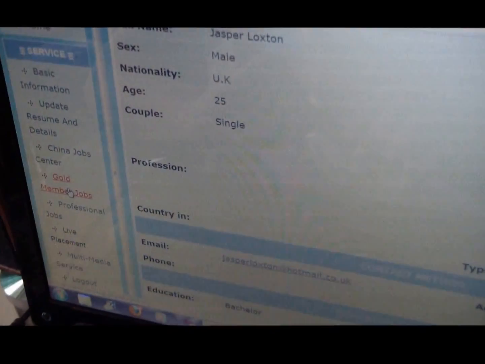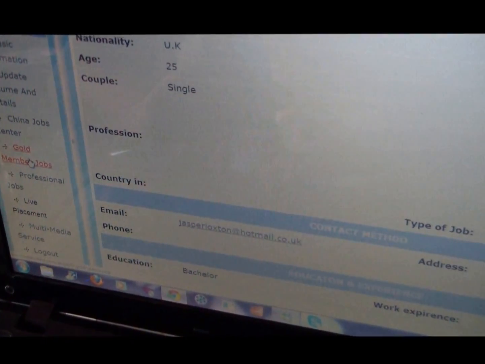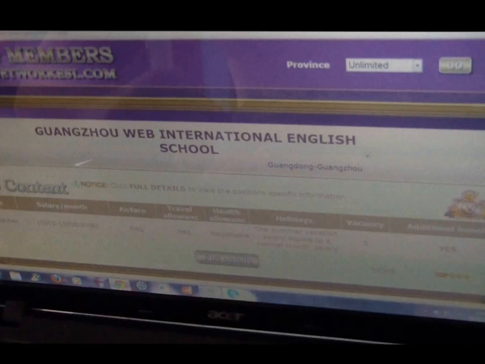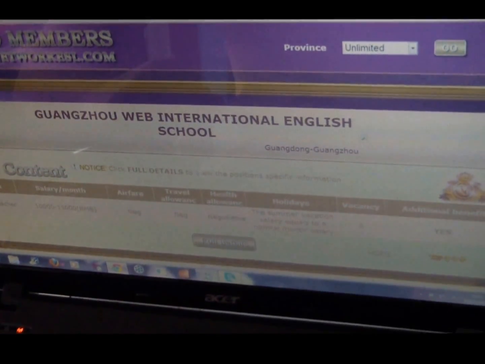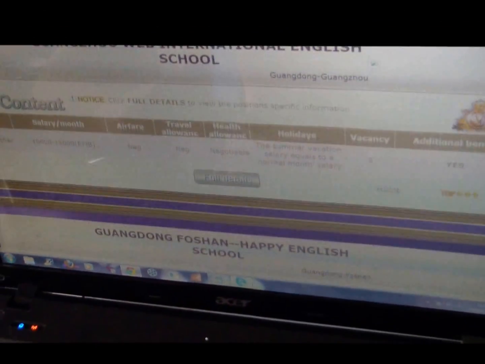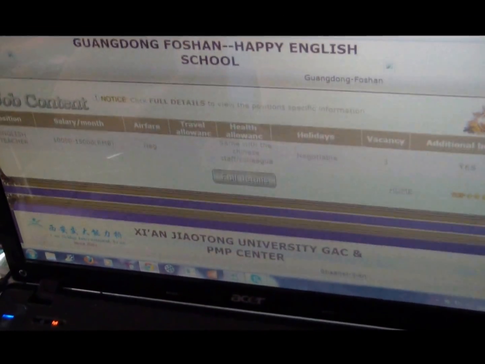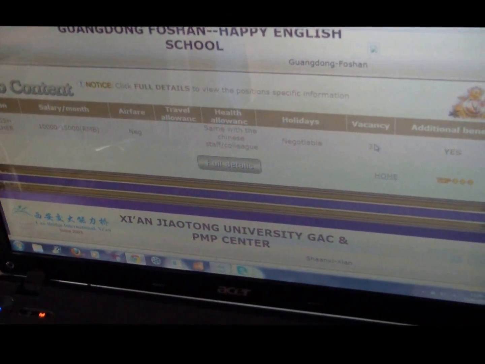Okay, so now I'm back on my user account, and you can see here the services. So now we just saw the China Job Center, and now I can check out the Gold Members jobs. So I can just hit the link there, brings up the Gold Members site, and very much the same as the China Job Center, lists all the jobs, and I can just scroll down here till I find one I like. Here's one, for example, English teacher